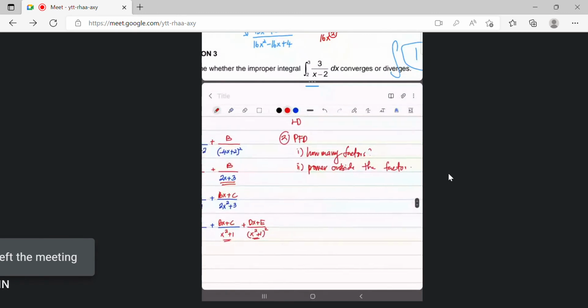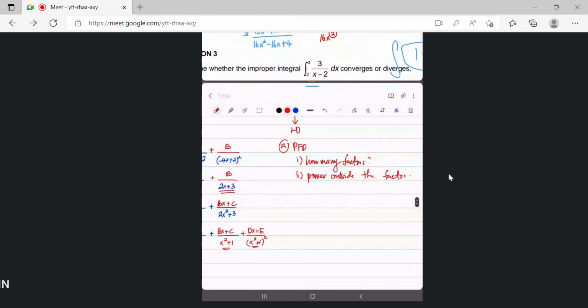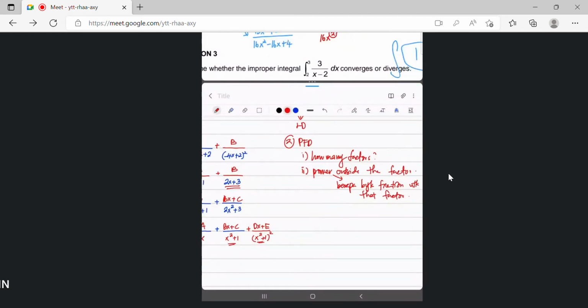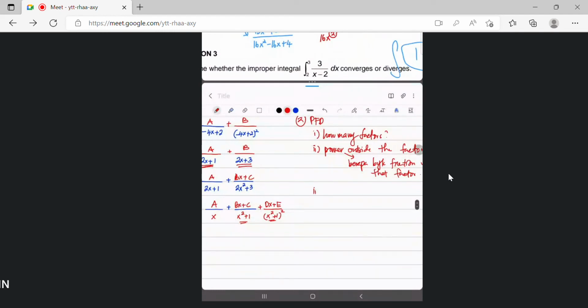Okay, so power of outside akan menentukan berapa banyak fraction untuk that factor. Okay, berapa banyak fraction untuk factor tersebut. Kalau dia ada squared, 2 lah. Kalau dia cube, 3 lah. Okay. And then, the next one, to determine